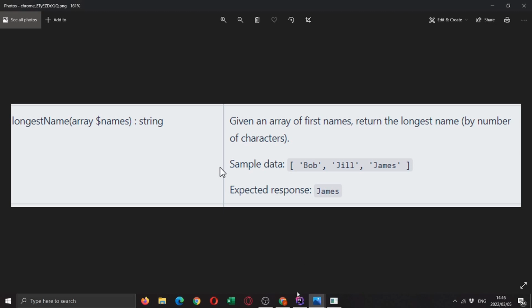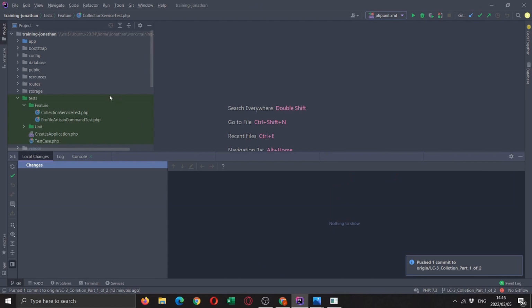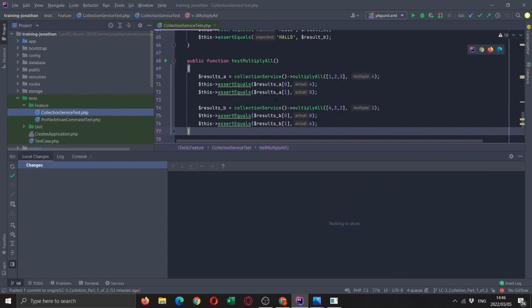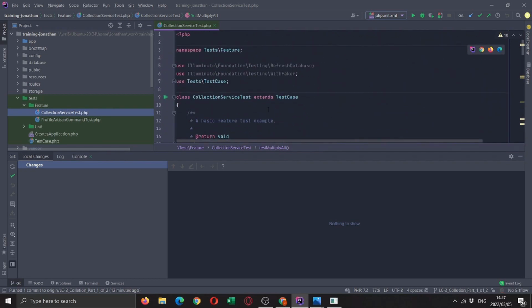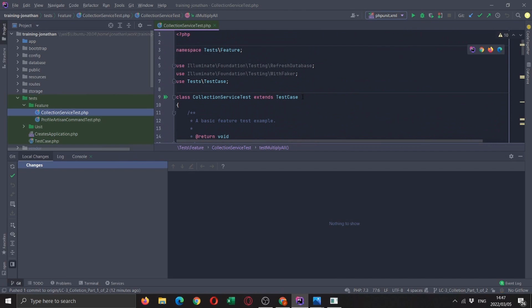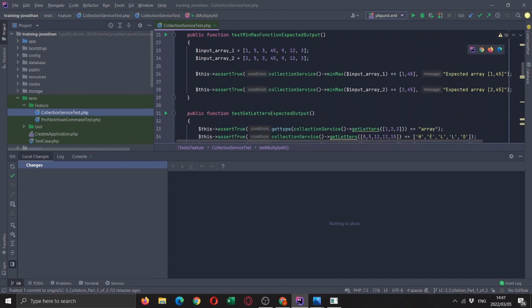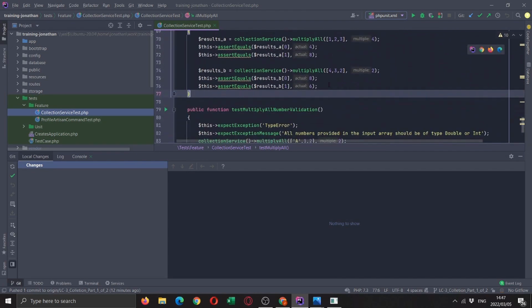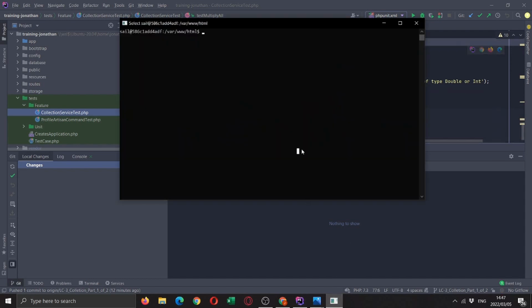All right, so test-driven development. We start with tests. We've already got our test class, which we will just be extending because it is still all testing our collection service. Let's set ourselves up to be able to do the TDD cycle.